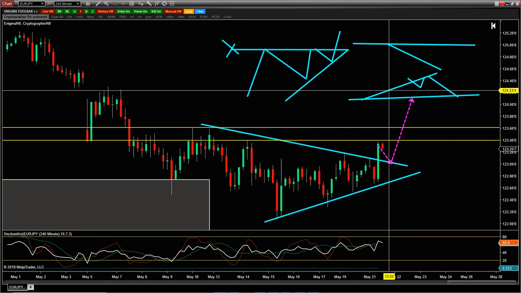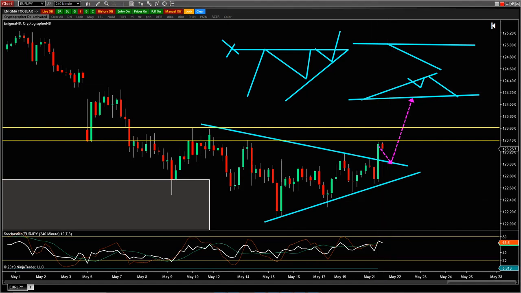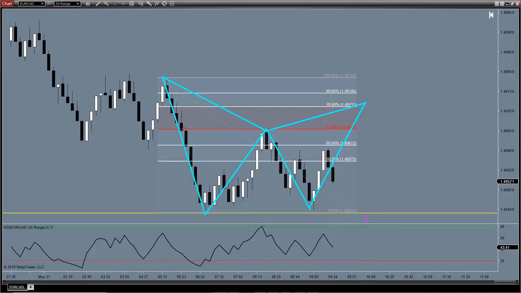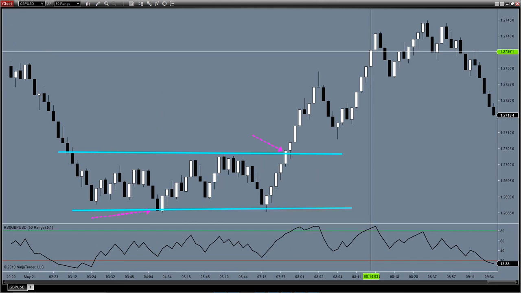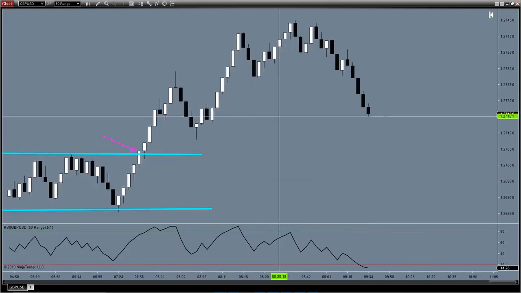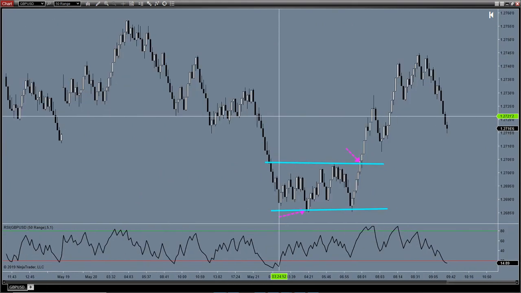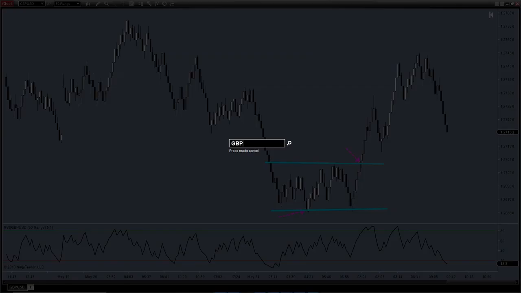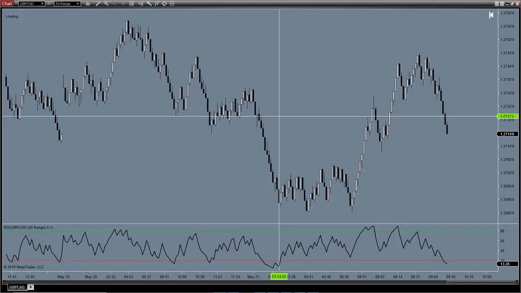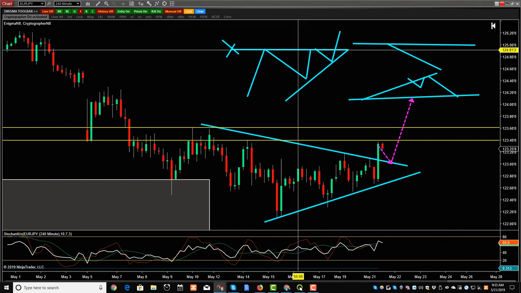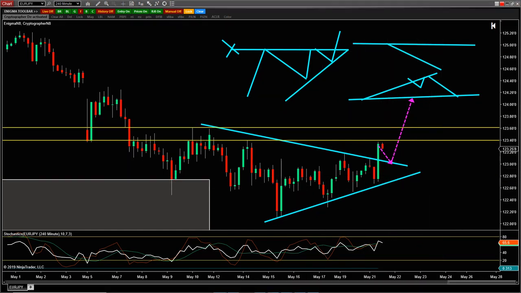How about that correction coming on the pound pairs, by the way, guys? All that big movement this morning. Now we're correcting. Let's just take a brief break from here and look at this. I just want to see if there's anything you could have done with this. I don't think there's anything you could have done, aside from just be alert about news. Yeah, look at that. That's called the whipsaw, guys. Whipsaw.